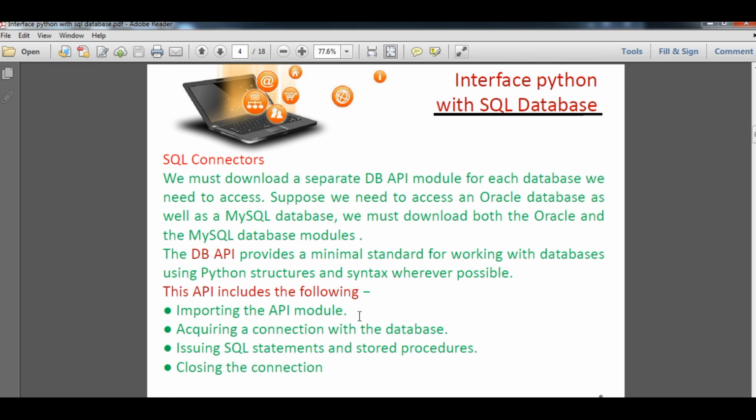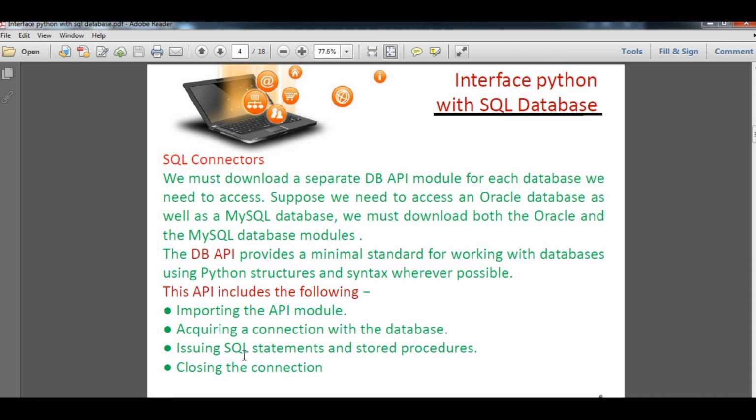First, we have to import the API module, which is the MySQL connector. Then, acquiring a connection with the database: the next statement establishes the connection between Python and MySQL.